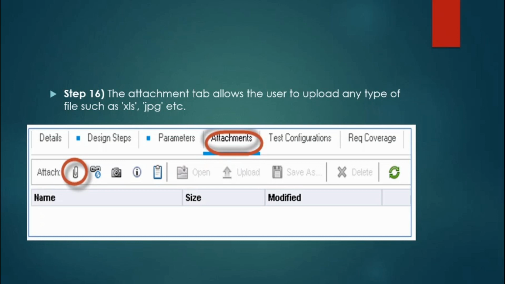A new pop-up will open where you can select your file and attach it. You can attach files like XLS and JPG. For example, for other team members, if you want to store some username, password, or some URL with the test case, you can attach it using this functionality.